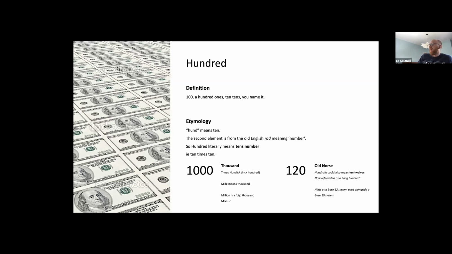Mile, the distance mile, is essentially a mistranslation of meal, M-I-L-L-E, because it used to mean 1,000 paces. It no longer means 1,000 paces, but most of our units of measure a long time ago were derived from something fairly arbitrary, and there were a lot of problems with trying to translate that across the countries because different countries had derived different versions of things, and it's a lot more scientific now. So mile is no longer 1,000 paces.